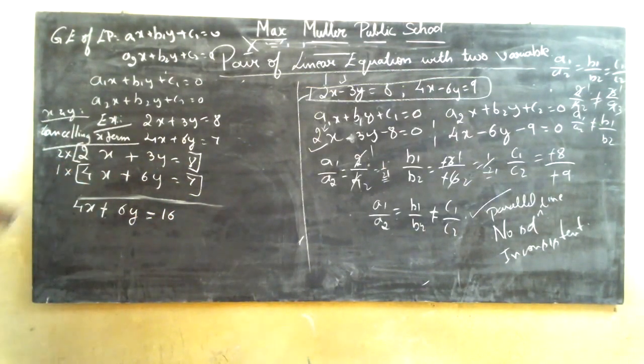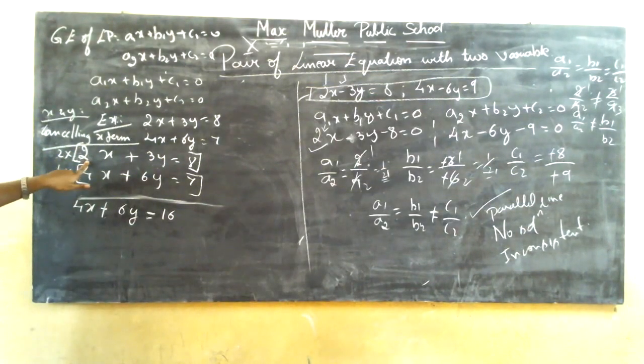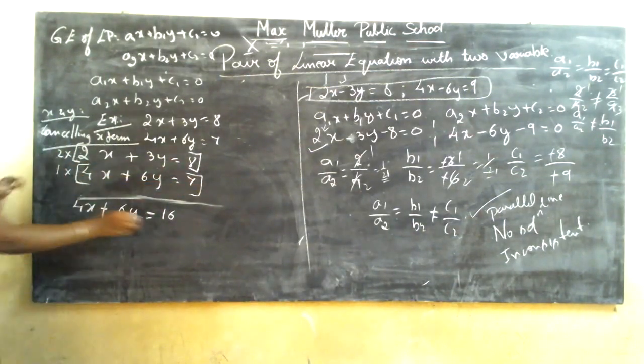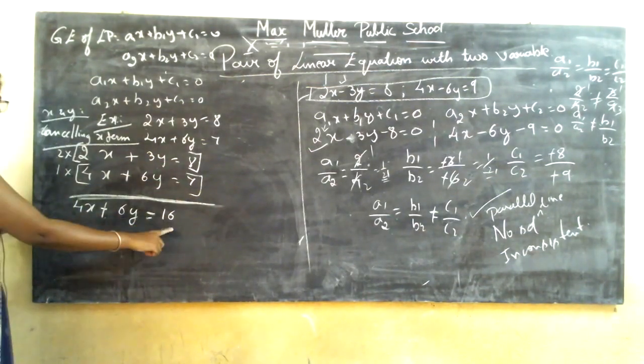Here I am telling you, since you are going to cancel the x terms, whatever numbers you have, see which is the greater number. Here the greater number is 4 and the least number is 2. So if I multiply 2 into 2, I get 4. So I want the 4 as it is. So I have kept 1 into 4 as 4 itself. So I have kept it the same. So now if I want to cancel these x terms, there is no rule that only 2 should be multiplied for this x term. No, this 2 should be multiplied for the whole equation. So if I multiply 2 for the whole equation, I get 4x plus 6y is equal to 16.